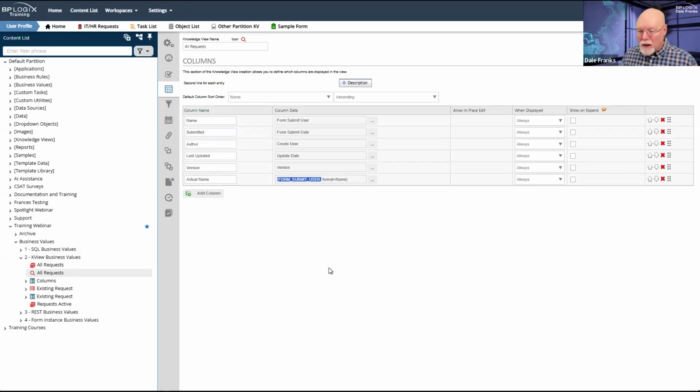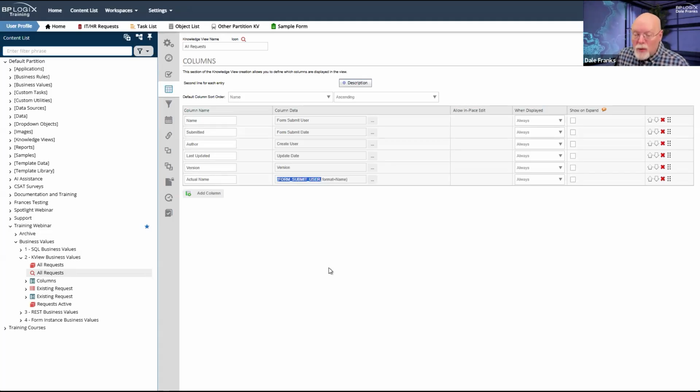Similarly, in a knowledge view, if I am using a drop-down control, a knowledge view will by default show you the display text that has been selected in that drop-down control, but the business value will show you the actual value. So like for our category drop-down that we saw earlier, it's going to show me 1, 2, or 3 as the value. It is not going to show me the display string.